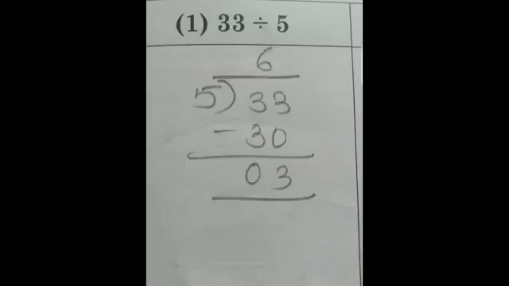Now students, you can see how this sum is being solved. Okay, so 33 is the dividend, 5 is the divisor, so 5 sixes are 30. Okay, so we subtracted 30 from 33, from the units place. 3 minus 0 is 3 and then 3 minus 3 is 0, so you will get the remainder as 3. So here in this sum students, the dividend is 33, divisor is 5, quotient is 6 and remainder is 3. So there is no other number to come down, so the final remainder is 3. Okay, so in this way students, you have to solve this division sum.